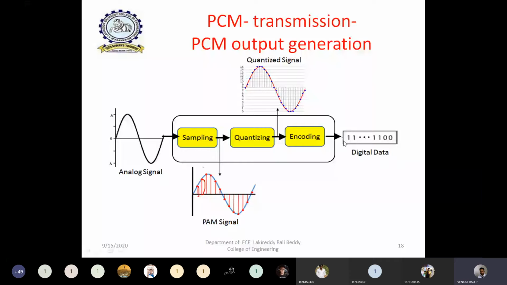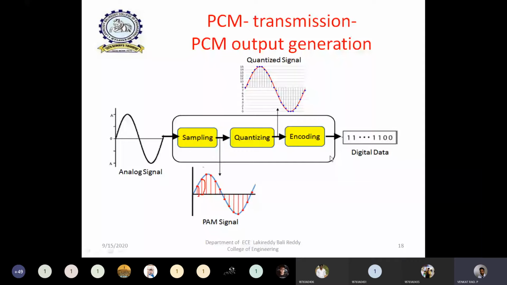Generally, if we consider a high sampling rate signal, then we can observe thousands of samples. All these thousands of amplitude values are converted into some group of bits. Each one is assigned 7 bits. So 1000 into 7, that is 7000 bits of information, is observed at the encoder. Okay, that is the general case.